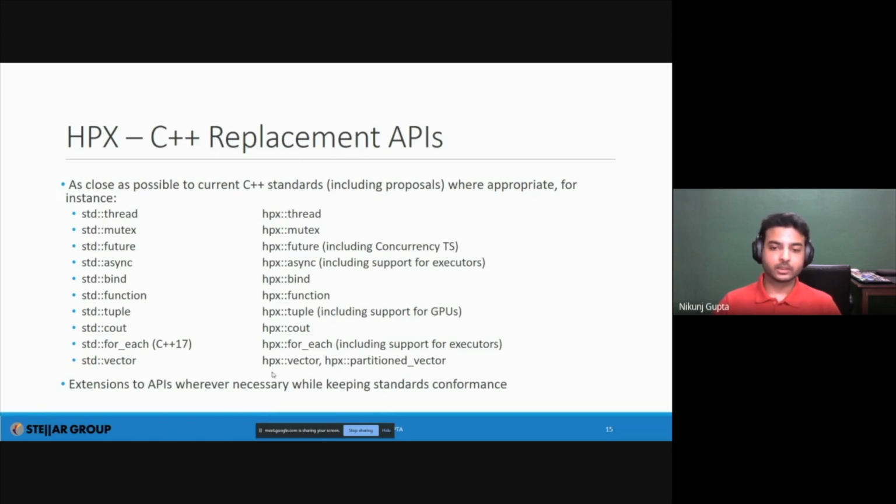Similarly, we support C++ parallel algorithms, most of them, and we also support ranges and parallelism on ranges as well. So there are a lot of things within the HPX library, and that's what makes it a really good place to start with concurrency and parallelism in your code, and that's why I really recommend this library.